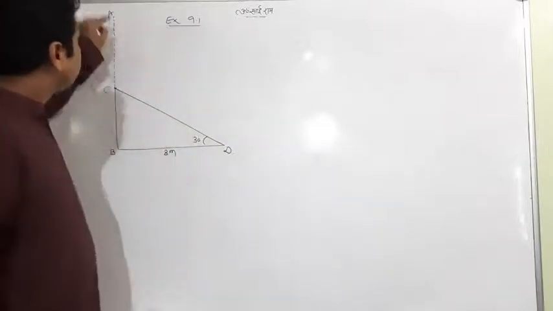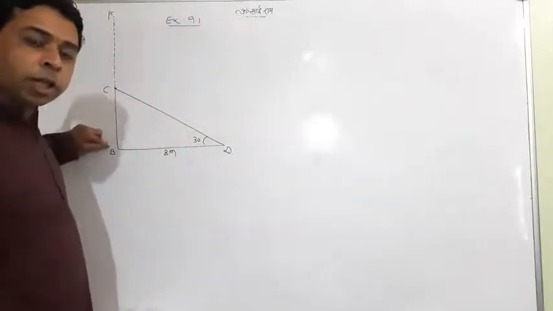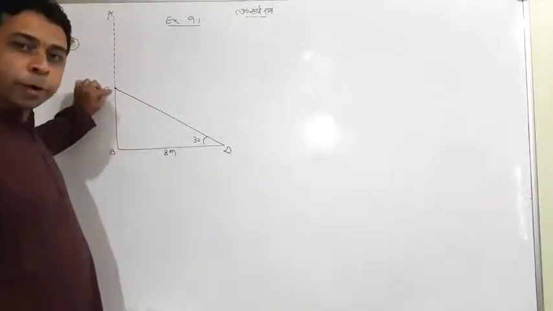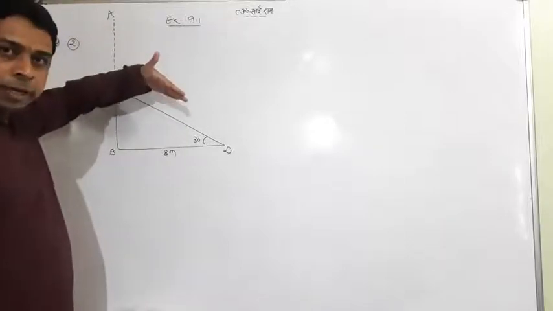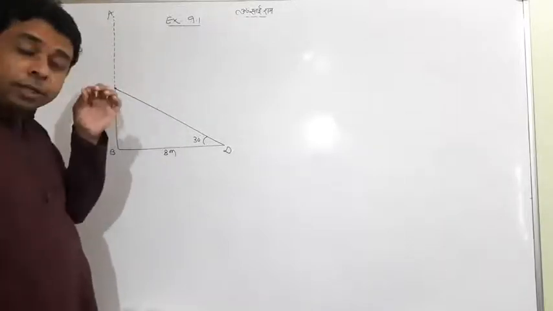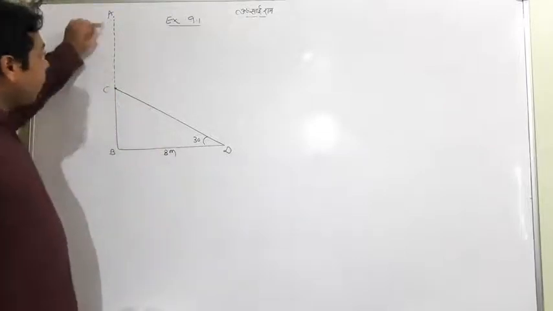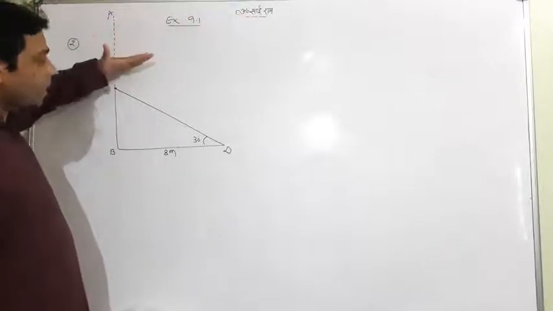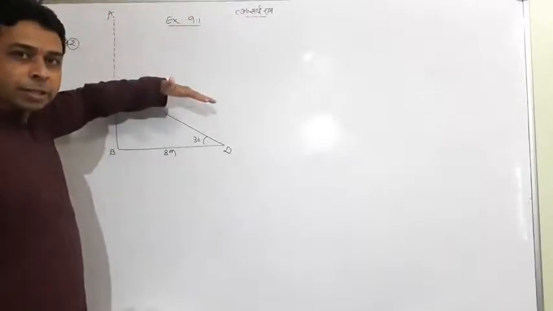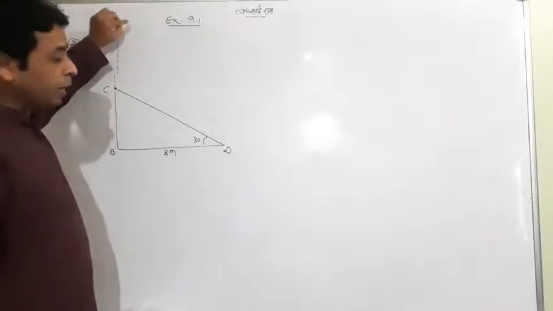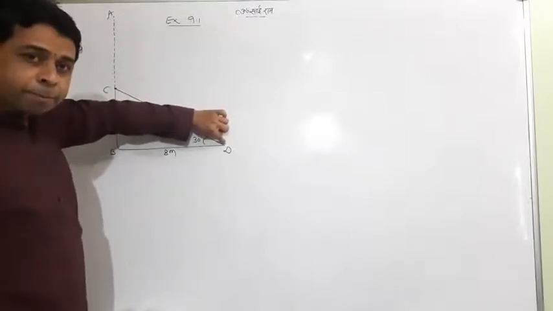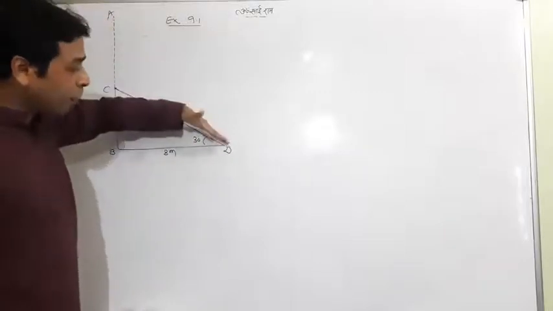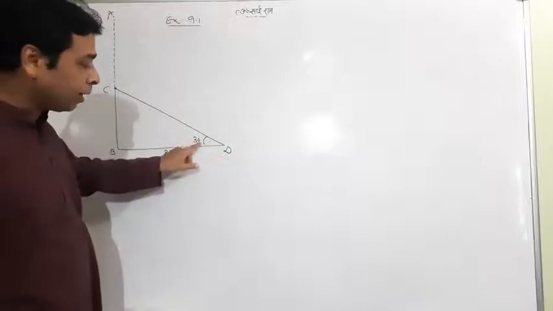Question meaning, A to B is the initial height of the tree. Due to the storm, it breaks from the point C and it bends. It is not completely apart from C, meaning BA is the original height of the tree. The top of the tree A touches the ground at D, meaning D and A are the same point, making a 30-degree angle.